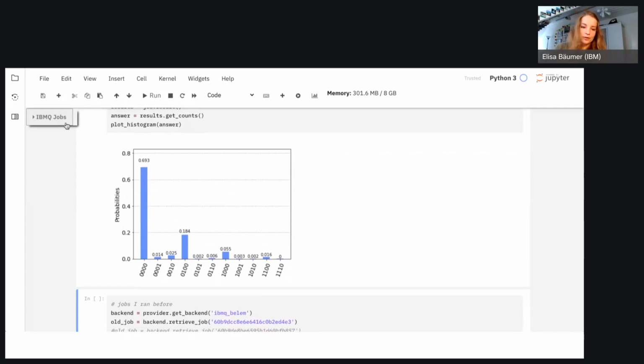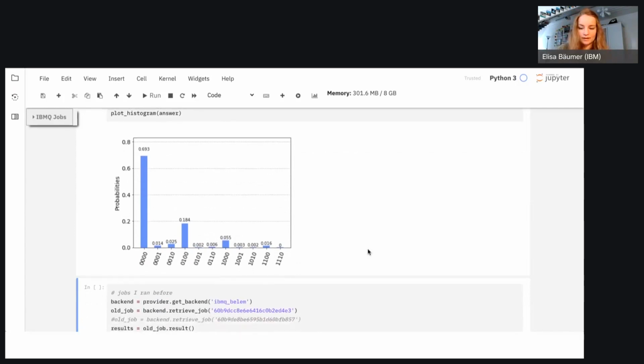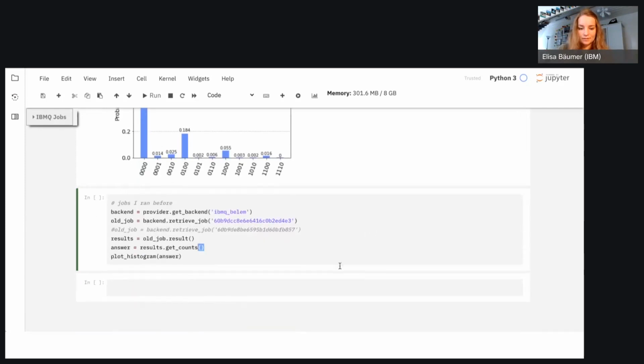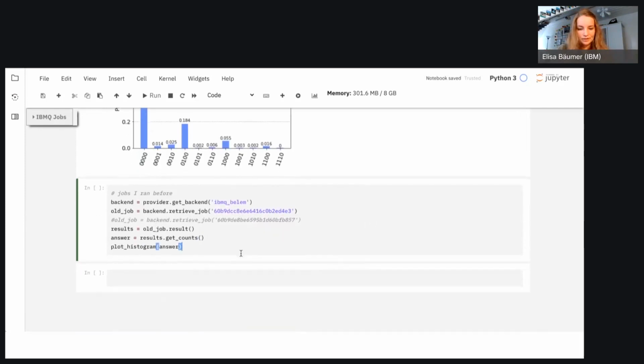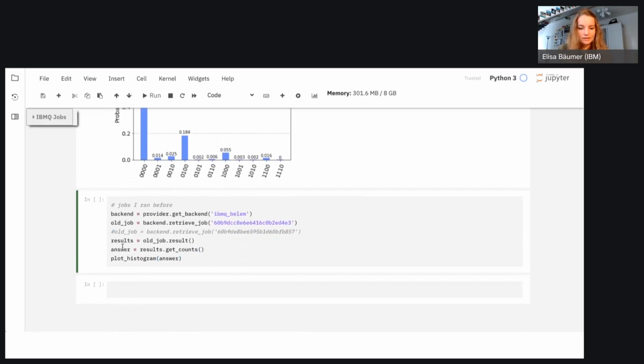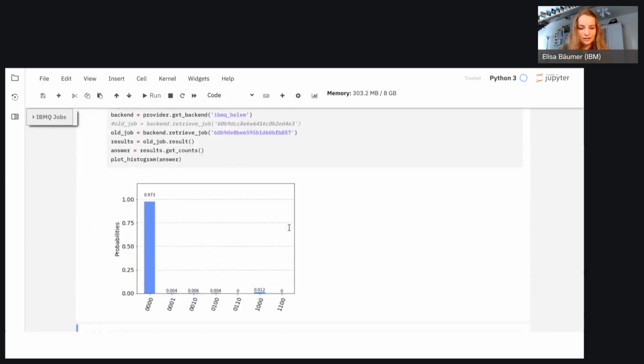So it seems like that one is less stable than the other ones. As I didn't know before how fast the jobs would run, I was actually running other jobs before as well, just to show you that. And I ran it on the Belay device, or that was at that point the least busy one. And let me just show you how the jobs looked here.